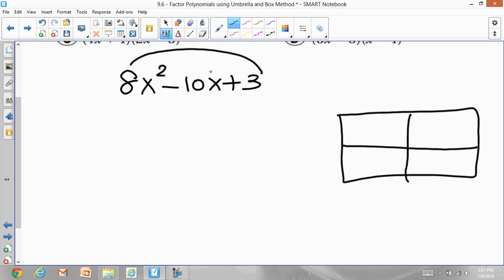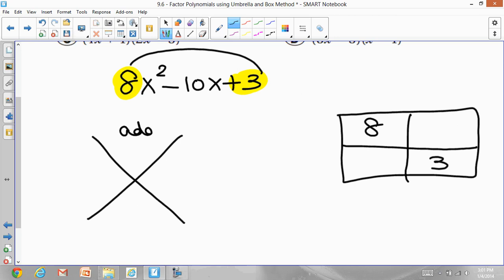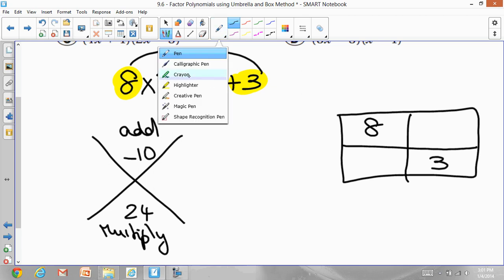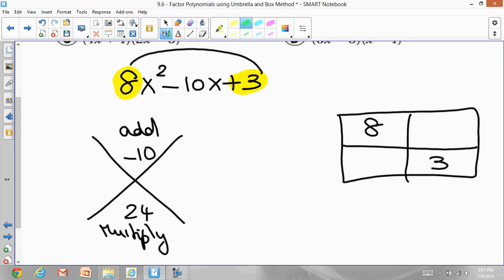And I'm going to highlight and show you that I'm putting in the 8 and the 3. So 8 and 3 going vertical. Now I'm also going to set up my x method. The top becomes my add, the bottom becomes my multiply. So the middle number is going to be negative 10, and 8 times 3 is going to become 24. Highlighting and showing you what I did. The middle number is negative 10, goes in the middle, and 8 multiplied by 3 is going to give you